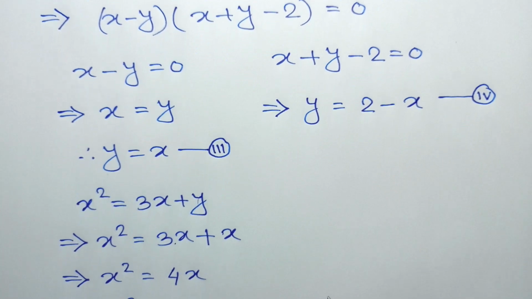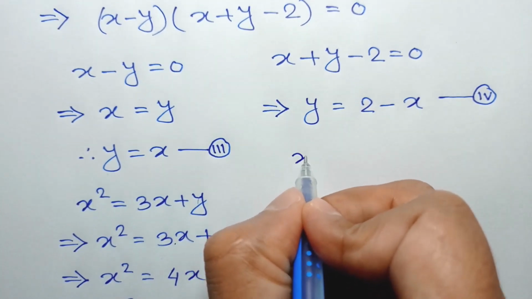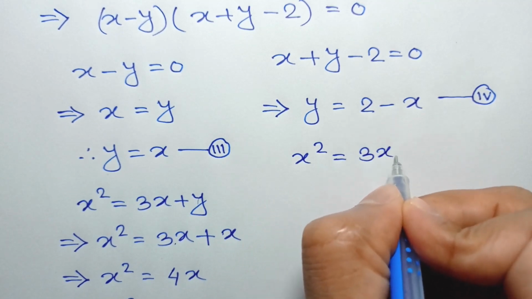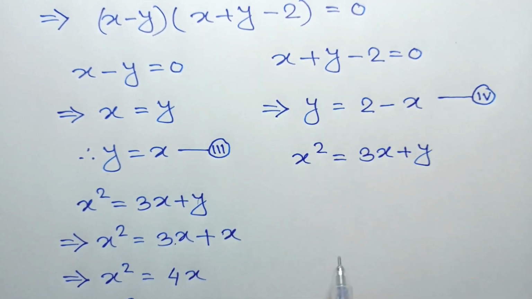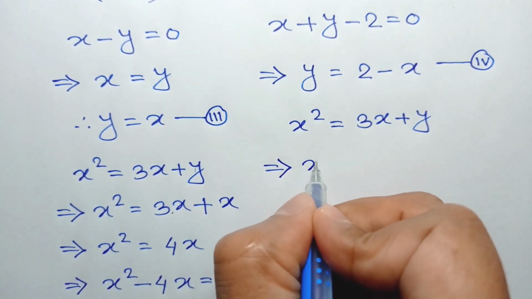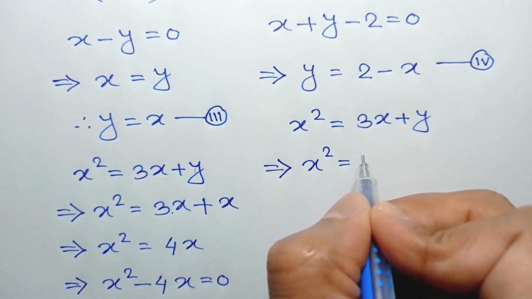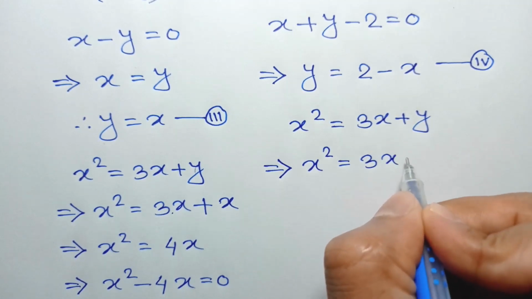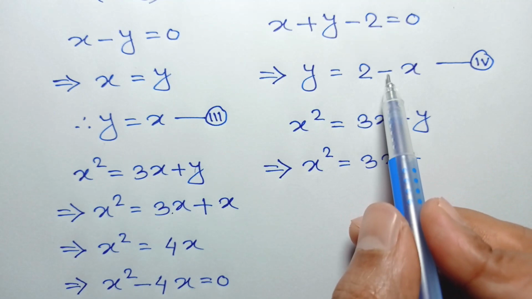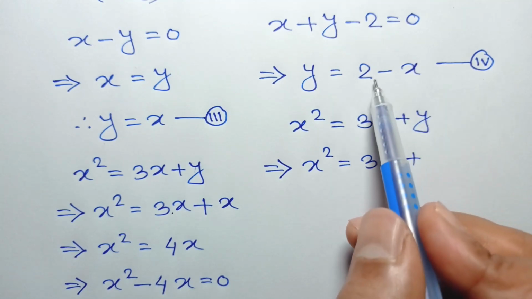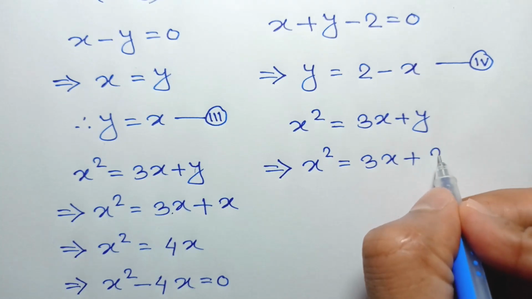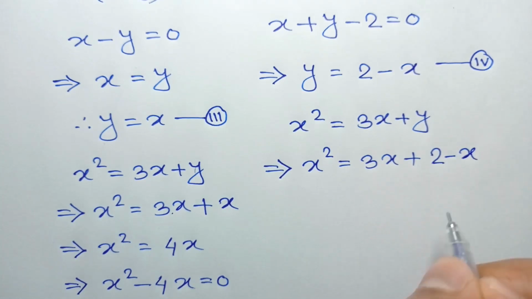Now from equation 1, we have x square is equal to 3x plus y, or x square is equal to 3x plus the value of y is equal to 2 minus x from equation 4. So substitute this value, we can write 2 minus x,